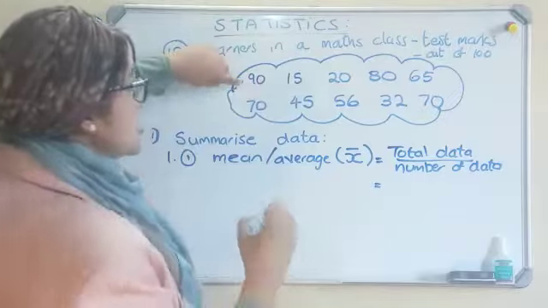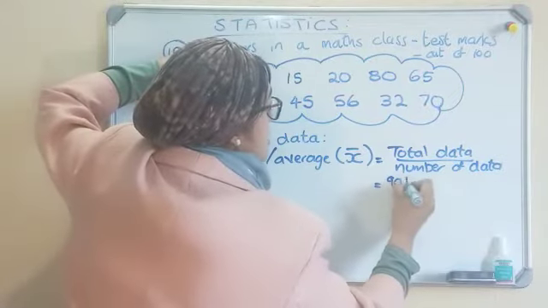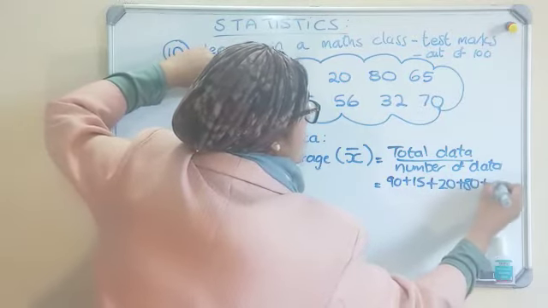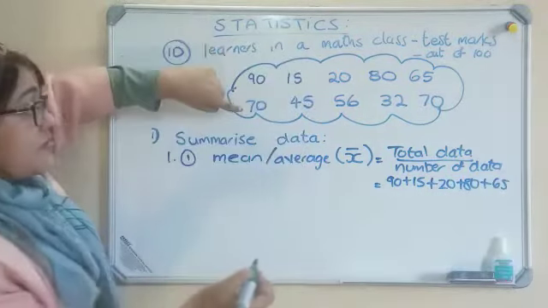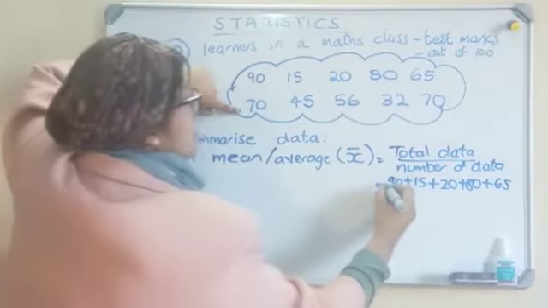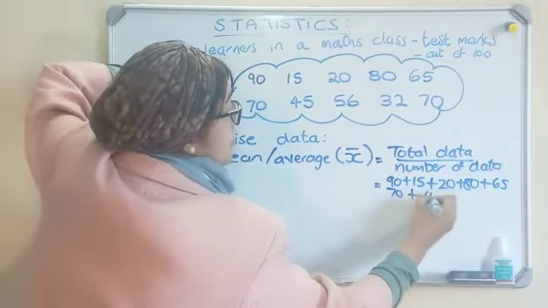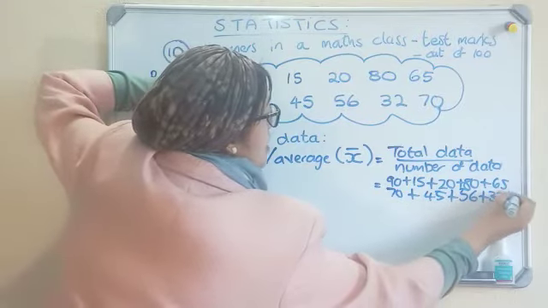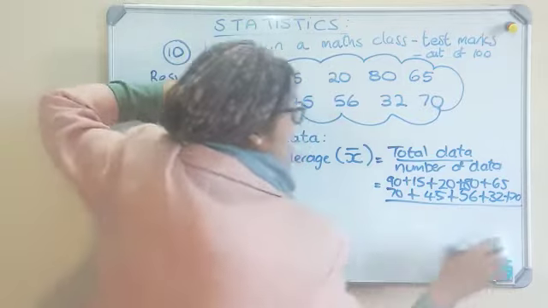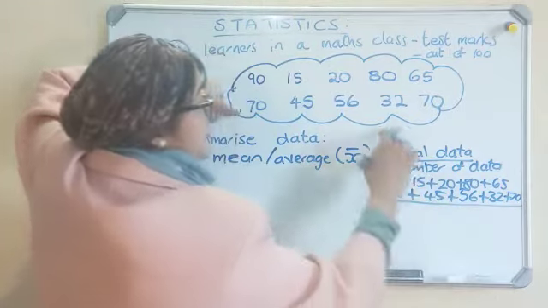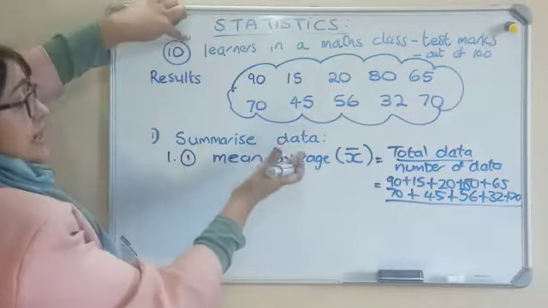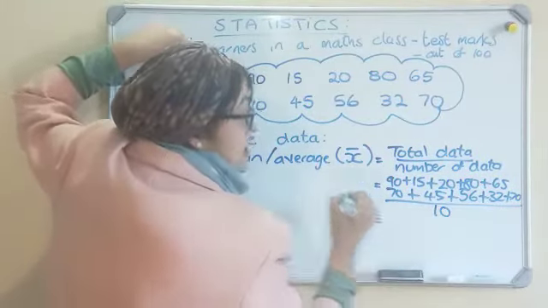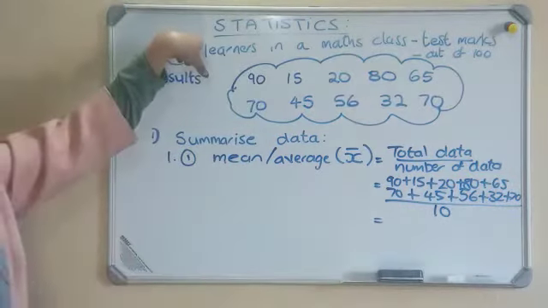Okay, so I'm just going to do that quickly. So 90 plus 15 plus 20 plus 80 plus 65. And you need to add the bottom row as well. 70 plus 45 plus 56 plus 32 plus 70, all divided by the total number used. So as it is 10 learners, we had 10 data, divided by 10, and you use a calculator and you will get an amount of